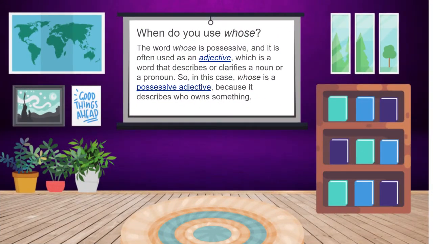When do you use whose? The word whose is possessive, and it is often used as an adjective, which is a word that describes or clarifies a noun or a pronoun. So in this case, whose is a possessive adjective because it describes who owns something.